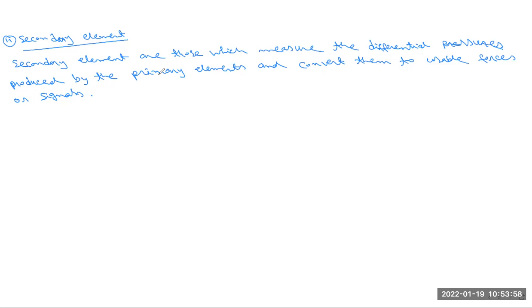So you have to know that the secondary element is also dependent on the primary element. It converts them into usable force or any usable signals also. Okay. So in this method, we have to use a secondary element. First we use the manometer. In the previous class, we drew one example. You see in this diagram, that is a U-tube manometer. So this manometer is a secondary element.